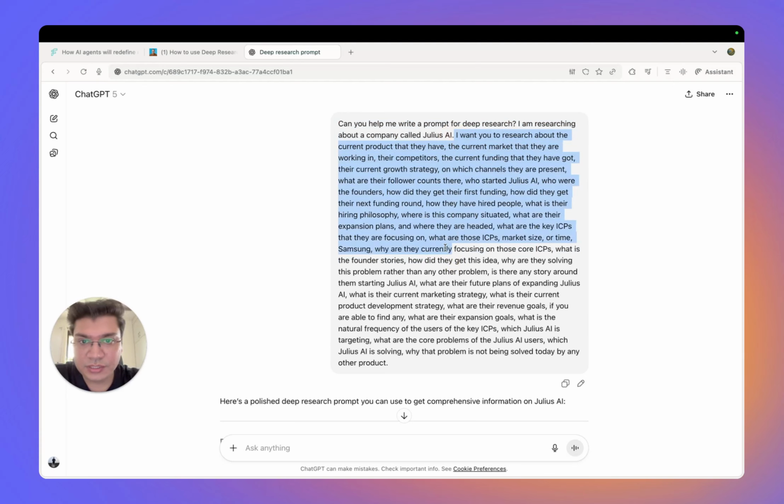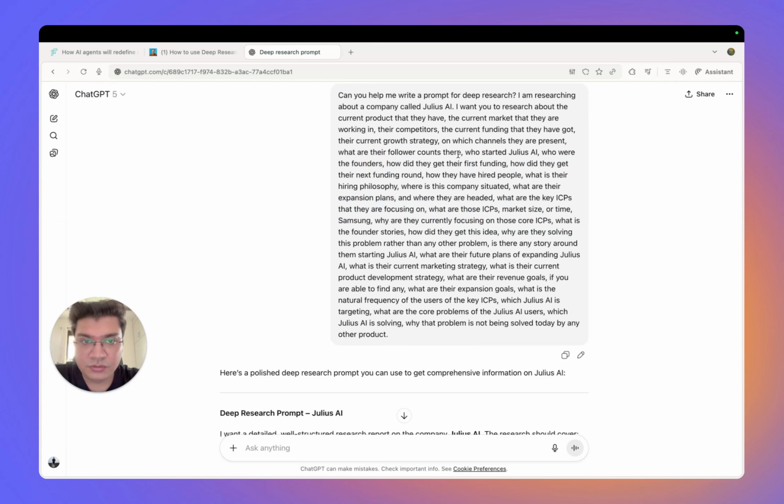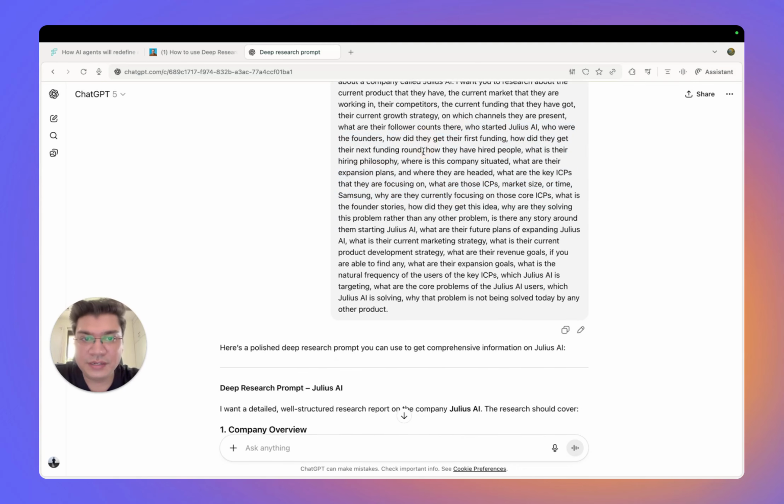I want you to research the current product that they have, the current market that they are working in, their competitors, the current funding that they have got, their current growth strategy, on which channels they are present, what are their follower counts, who started Julius AI, who were the founders, how did they get their first funding, how did they get their next funding round, how they have hired people, what is their hiring philosophy, where is the company situated, what are their expansion plans, where they are headed, what are the key ICPs that they are focusing on, what are those ICPs, market size,